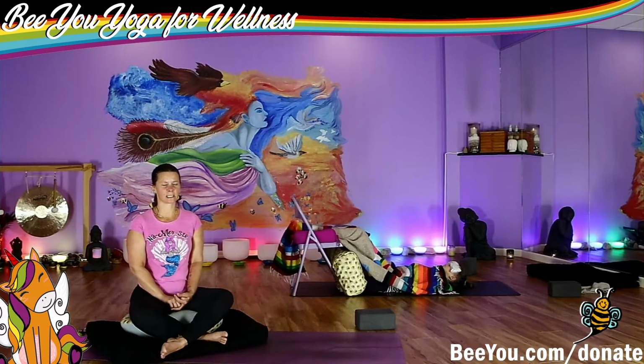Become entirely the second toe. Find the gap between the second toe and the third toe. Become entirely the third toe. Find the gap between the third toe and the fourth toe. Find sensation in the fourth toe. Find the gap between the fourth toe and the fifth toe. Find the fifth toe, the tip of the fifth toe, the outside edge of the fifth toe, the outside edge